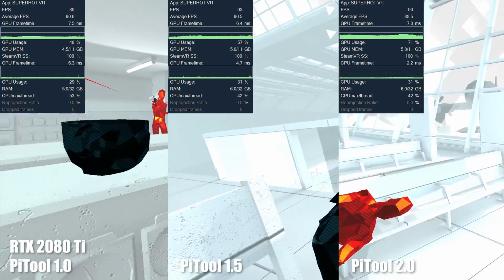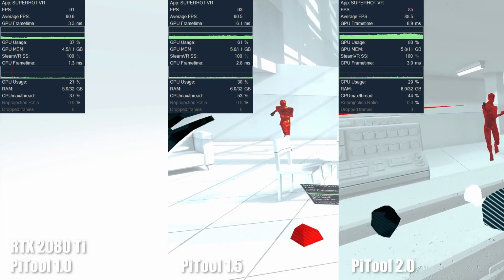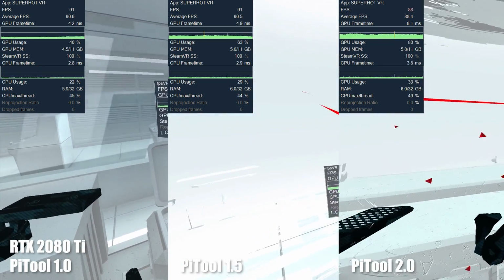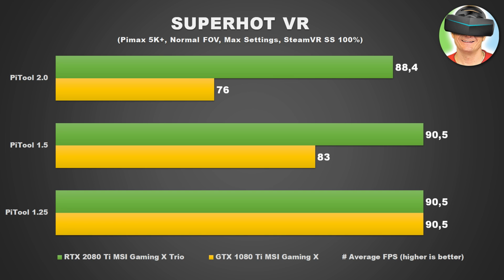Running Pavlov 2.0, for some reason there is not much of a difference between the 1080 Ti and 2080 Ti, only a 16% increase, which I find a bit strange actually. All in all, SUPERHOT is fully playable on both of these GPUs with super sharp image and super sampling,